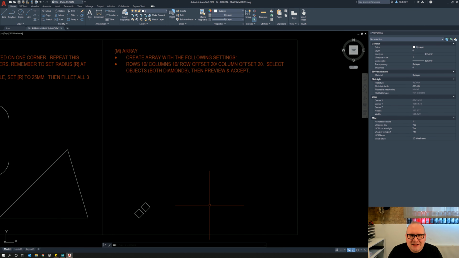And finally, in the modify tools, we have the array command. Now, there are actually 3 types of array, and I do recommend that you play with these. But this particular exercise is to show you a rectangular array. Now, again, similar to the hatch, there is a caveat that I would like to share with you. If we use the array command, what I thoroughly recommend, purely for stability, is to do the command and then